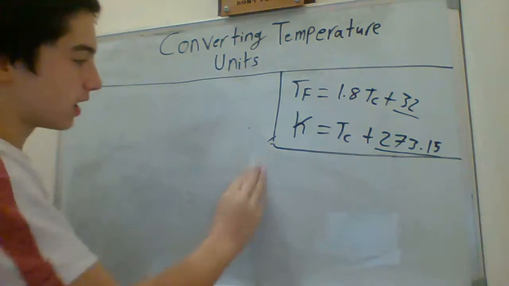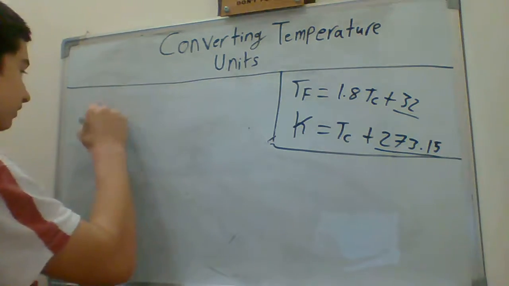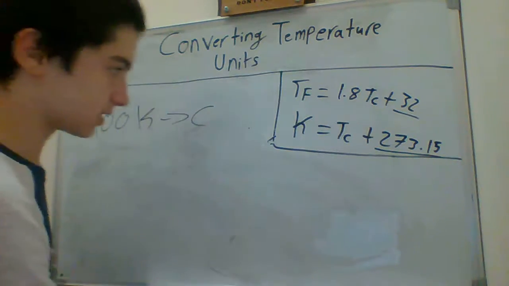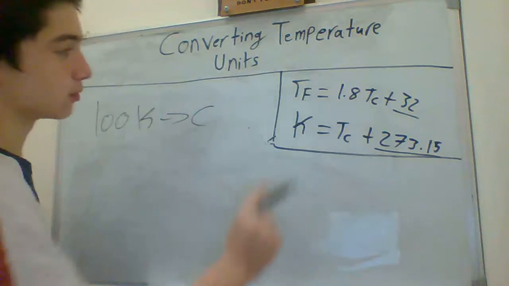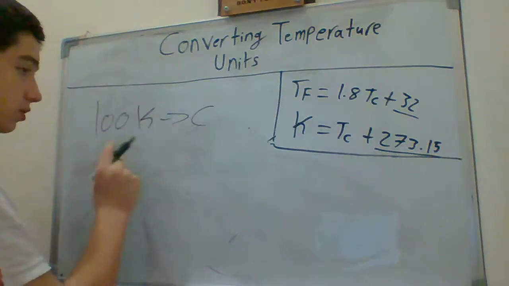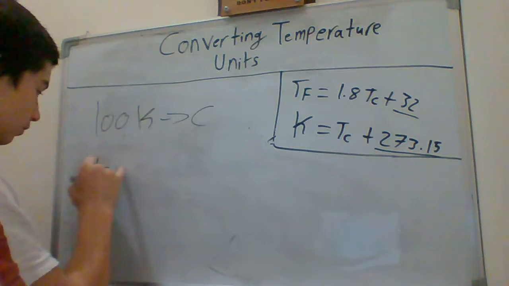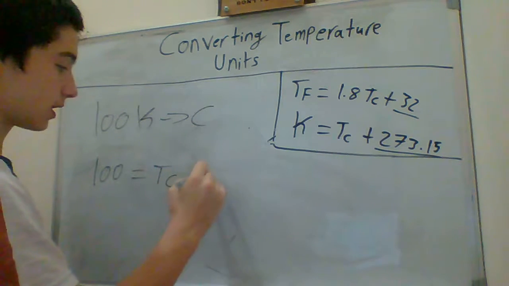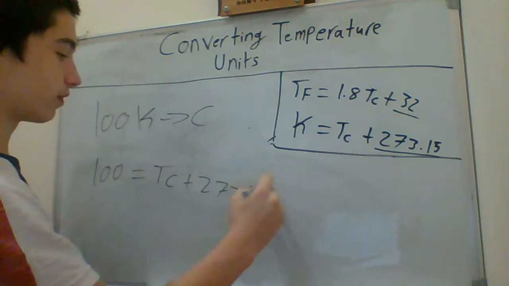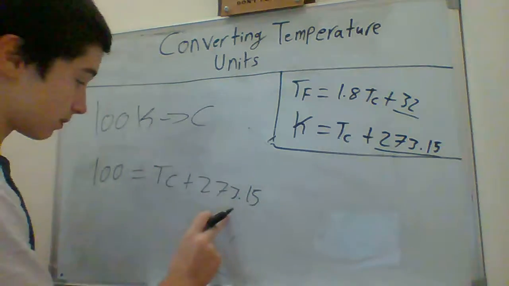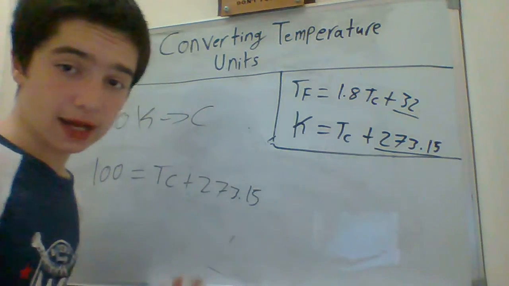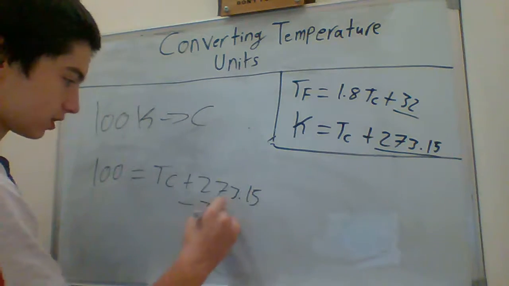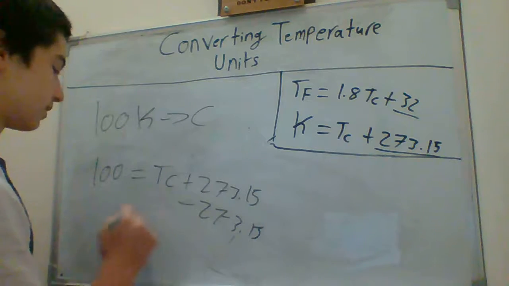So we're going to have now the first question: 100 Kelvin converted to Celsius. Which equation are we going to use? You are right, the second equation. So we're going to write K, because we know it's going to be 100 Kelvin equals TC, temperature in Celsius, plus 273.15. I know if we subtract that number we're going to get a negative answer, but still it's just a question. So we subtract 273.15